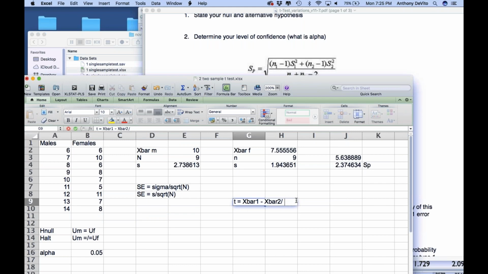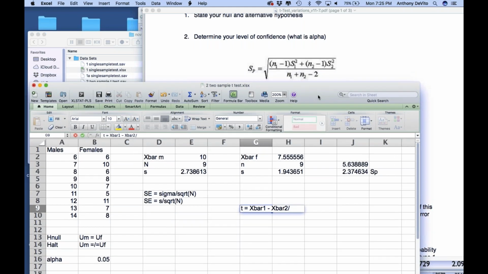That's actually equal to the pooled standard deviation times the square root of 1 over n1 plus 1 over n2. So let's actually calculate this out. The numerator is x bar 1 minus x bar 2. What's x bar 1? It's 10. Equals 10 minus